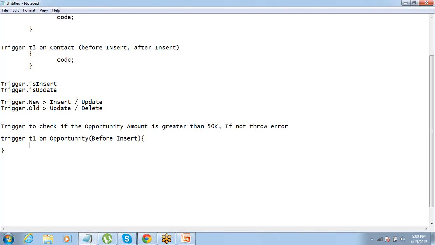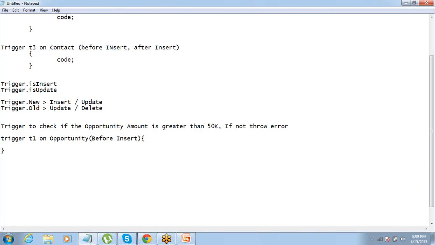Okay. Now, since you have helped me write this part, let's get into writing the code. Think about what code we shall write. You know Apex. You have been working on Apex for so many days. Now, what code should we write? If I just leave you with this, try to formulate some code. T1 dot amount. T1 dot amount. What is T1?